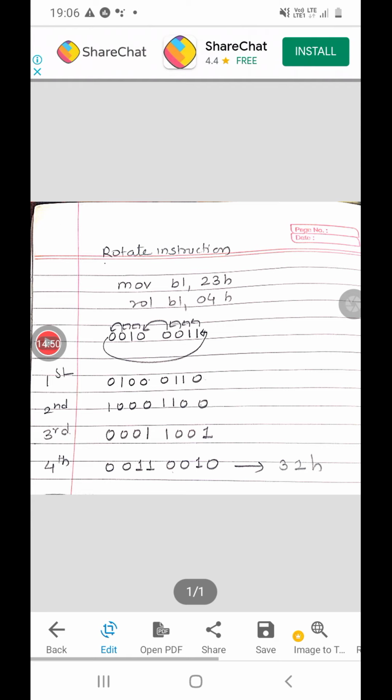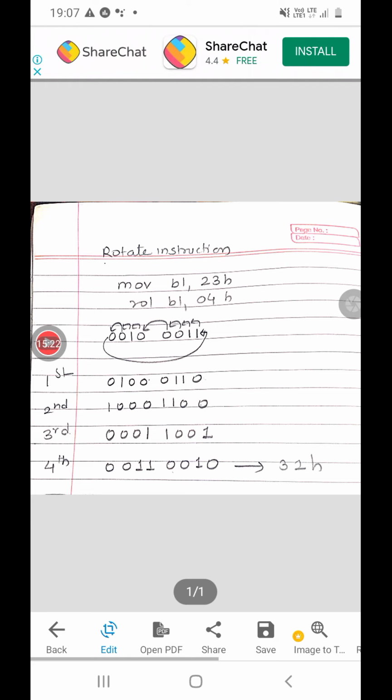It is less than or equal to 9, so I will add 30H to it, and it becomes 33H, which I will store in the second position of the result array. That means by writing the code like this, your 23H gets converted to 32H and 33H and stored in the result array. This is the code for displaying a 2-digit number.